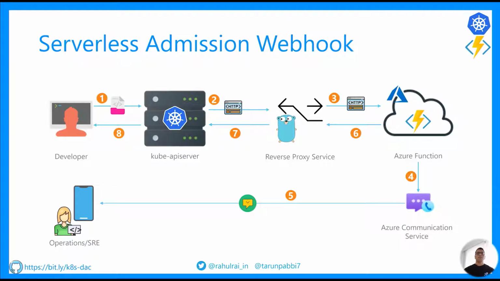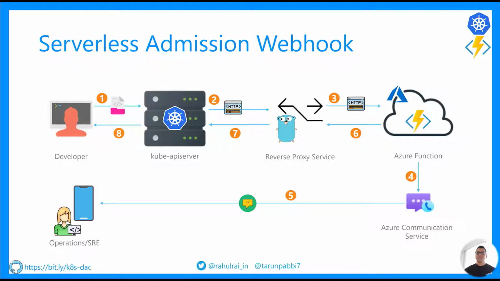Let's discuss the overall design of our system. A developer writes the specification for a deployment that they want to apply to the Kubernetes cluster. A custom dynamic validating admission controller will receive the request and it will send it to a reverse proxy service running as a service inside our cluster. The reverse proxy service transparently forwards the request to our Azure function for approval. Due to a restriction enforced by the Kubernetes API server, the function has a maximum of 30 seconds to decide on whether the request should be approved or denied. In either case, the response is returned to the API server and ultimately to the developer.